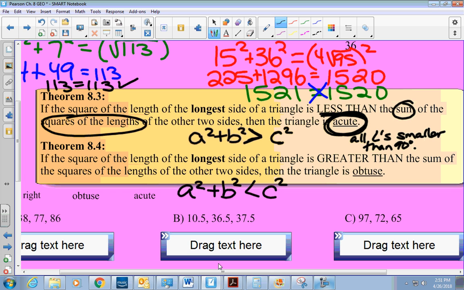So I think about it like this. If my hypotenuse is big, I have an acute triangle. If my hypotenuse is smaller, I have an obtuse triangle. And here's